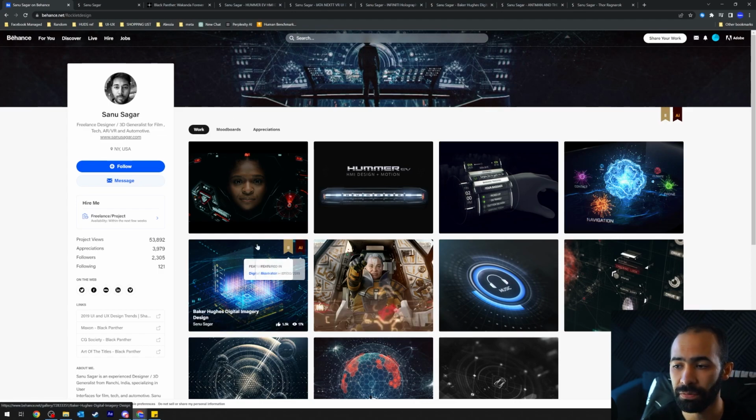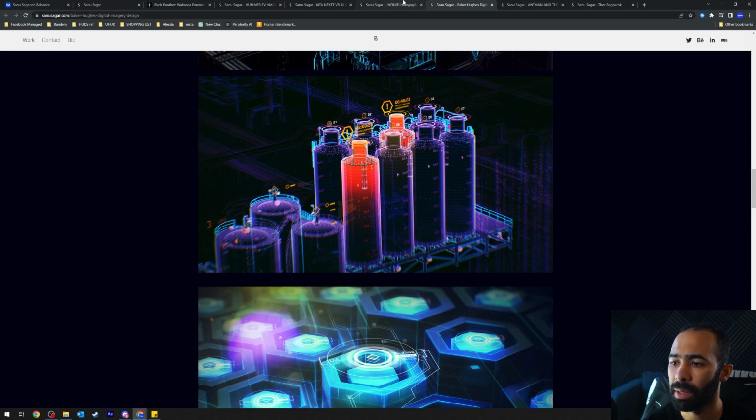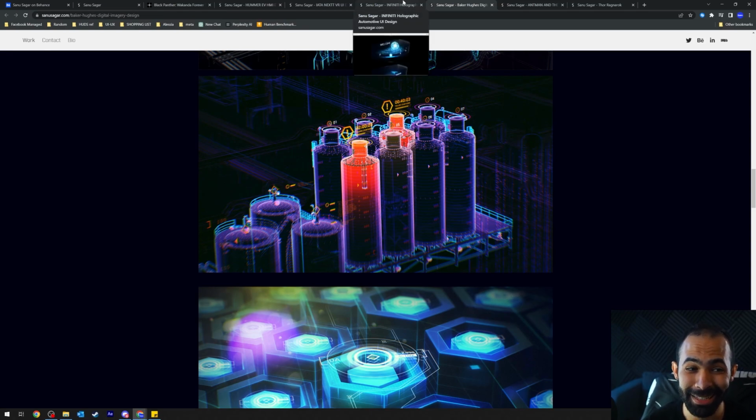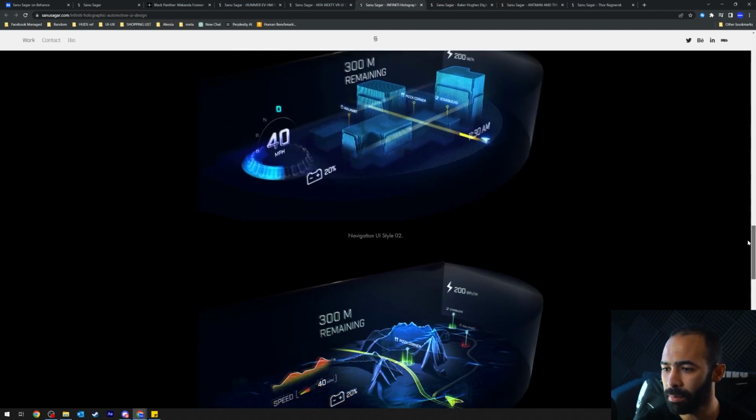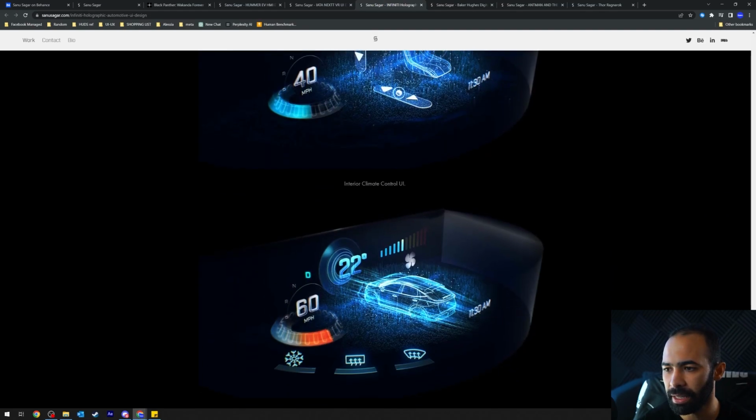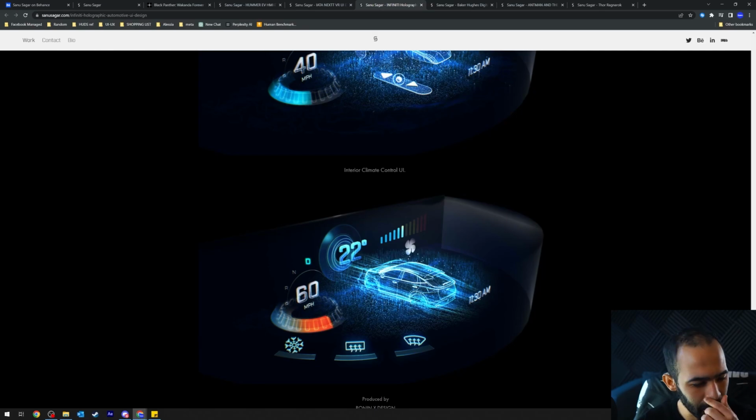One thing that I remember really caught me off guard is this project right here, which rightfully so has a lot of features. It's not this one, it's this one. But before we go into that one, because that is the very juicy project, I want to go into this one. I remember these are screens that I saved long ago when I was using Pinterest back in the day.